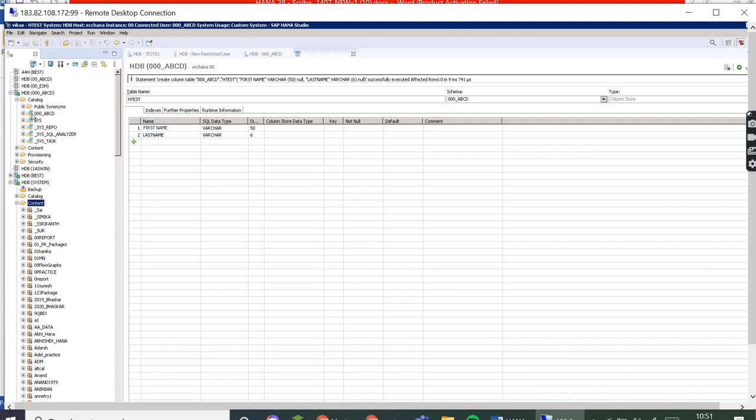This is the schema which will hold all your physical objects in your memory, whereas these are the design time, or you can say runtime objects. So don't get confused between design time and runtime objects, which is a presentation of the data at runtime. That is a better way to tell. If we are creating any presentation here, it will show you the data whenever you are running any of the views. These views are calculation view, attribute view, and analytical view. Three types of views are available in the system, and access to them can be given to the user.